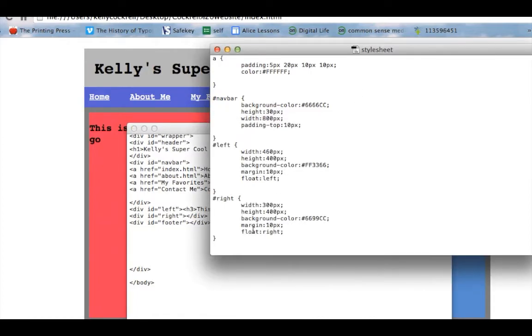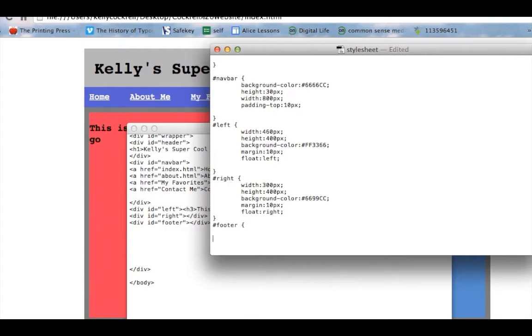So there's my footer. Again, come over here, hashtag footer, open curly brace, close curly brace, and then I'm going to give that a height of 40 pixels just for fun,